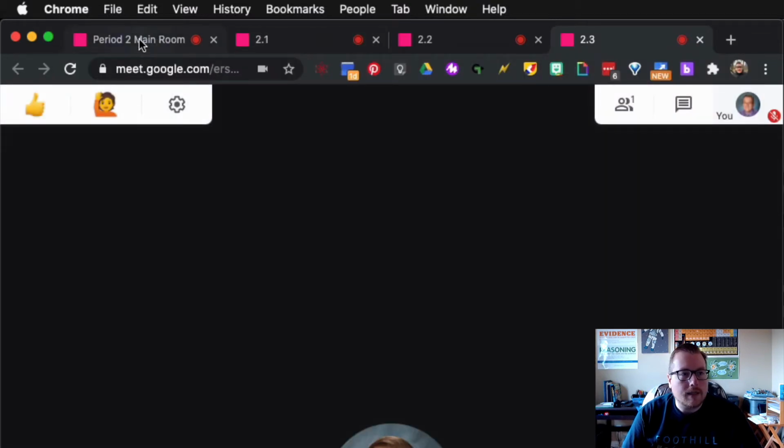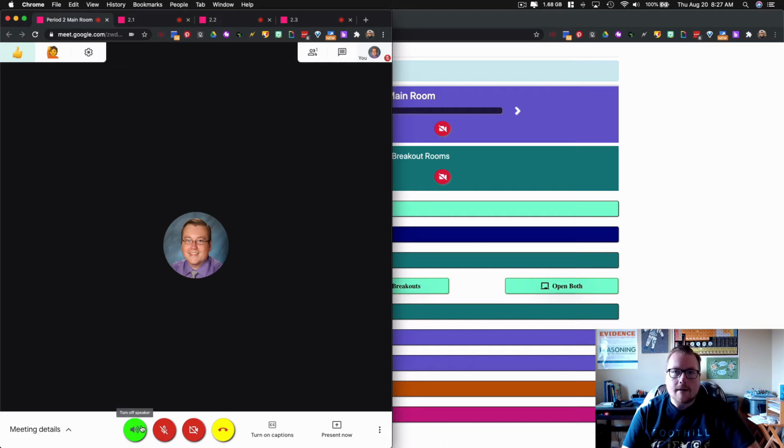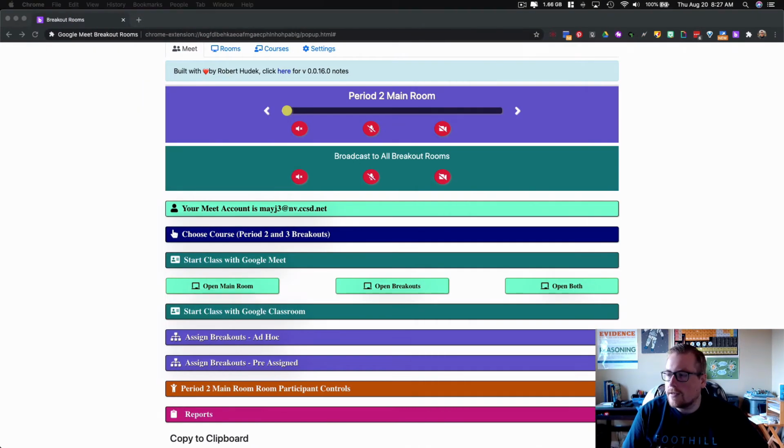You will notice that the plugin takes over your bar down here a little bit, so you'll notice maybe there's some new icons and the colors are a little different. That's coming from the extension. It's taking over control a little bit, which is good because it'll allow you to interact with everything through one interface. So I'm going to move this over here, and you can choose to have it in tabs like this,